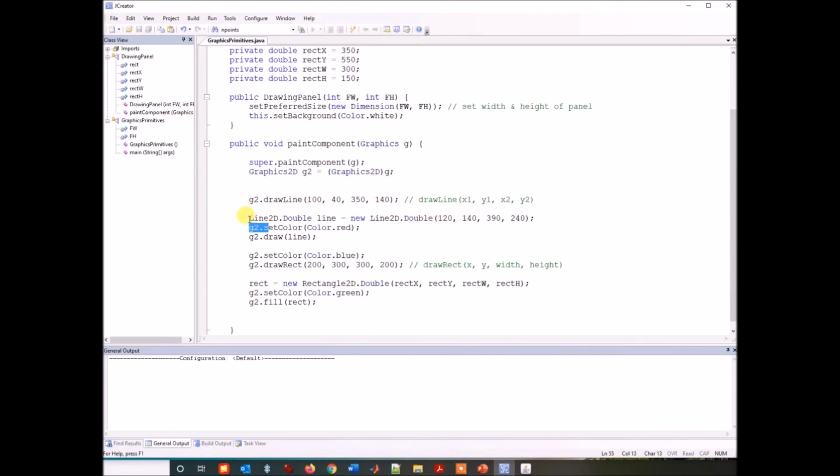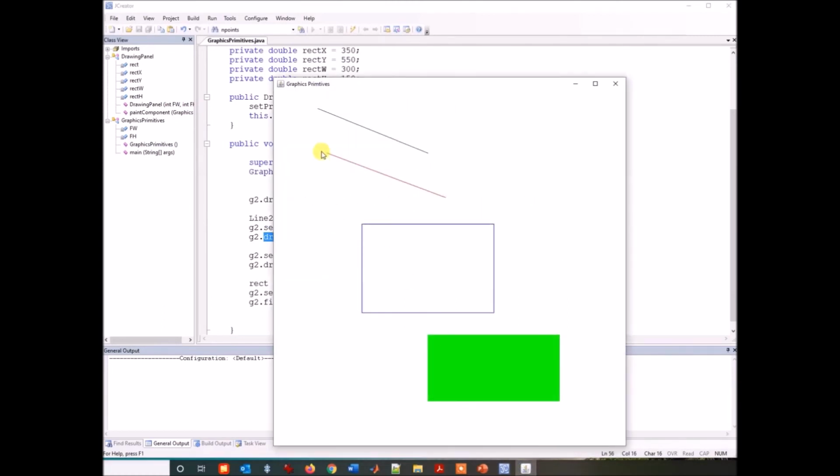And then I am setting the color. Still the line is not shown on the screen; we have just created the object with this statement. Then we set the color, and now everything is going to be drawn on the frame or on the screen in the new color, which is red. Then we draw the line, passing our object. You can see that this object name was line; we can choose any name. We call the method draw. We have to call this method to draw some object which we have created earlier. So this is going to draw the line in red.